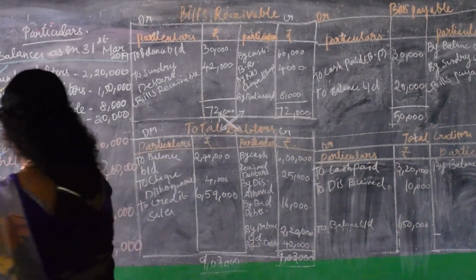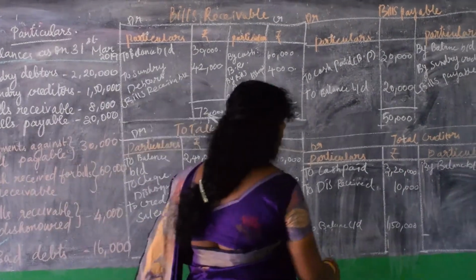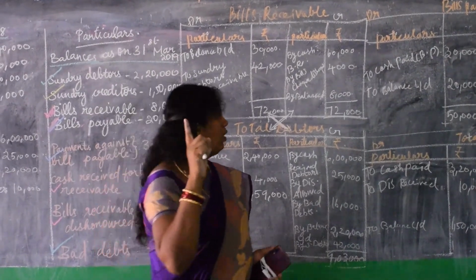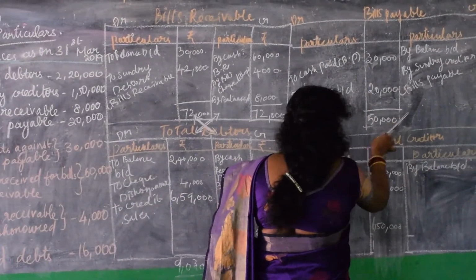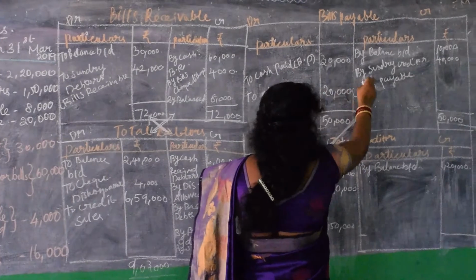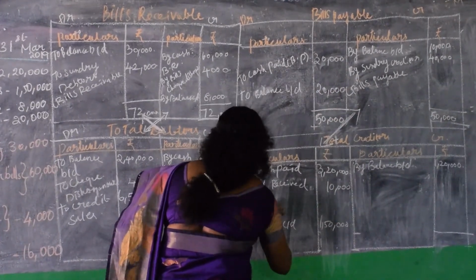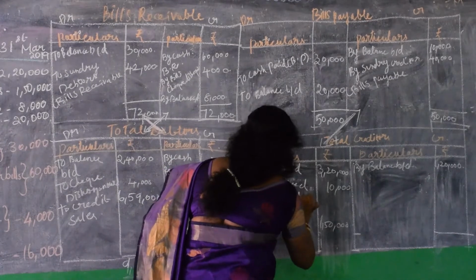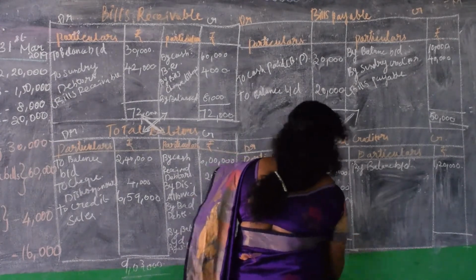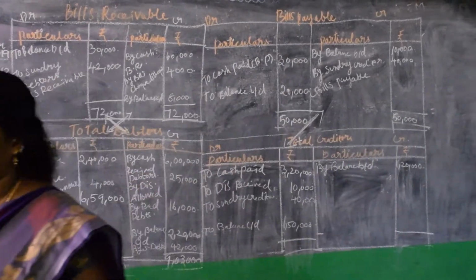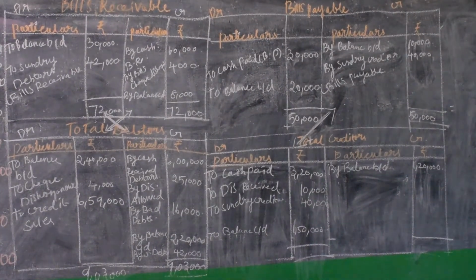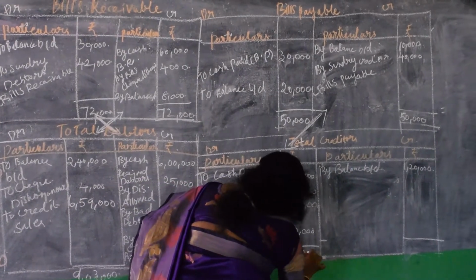Then next, any item, check it out. Yes, I have filled out every column, but a small hint. What is that hint? Have you got it? Yes, a small line, the cross line, this arrow mark. Yes, very good. Sundry creditors, we have found out through the bills payable, no? Write it out. To sundry creditors. How much? 40,000. Total both the areas, you will get 5,20,000.